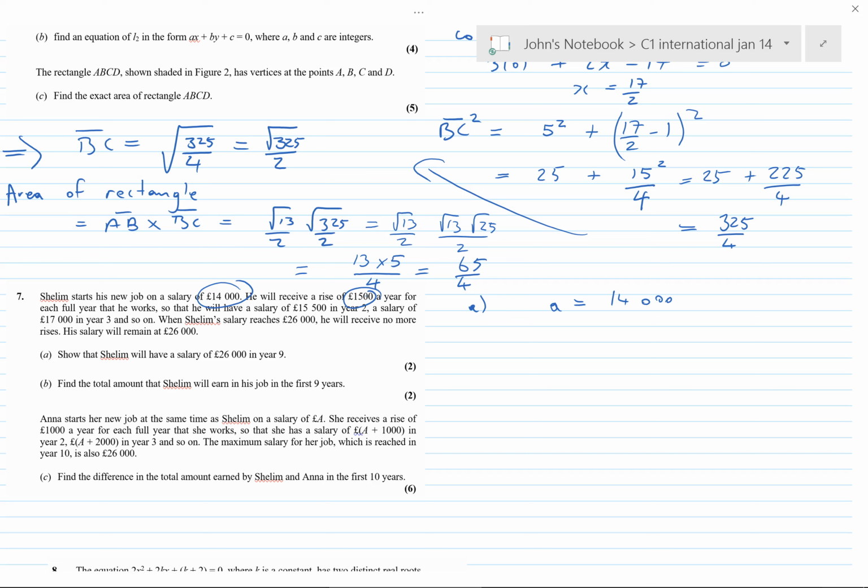When Salim reaches 26,000, he will receive no more rises. His salary will remain at 26,000. So that Salim will have a salary of 26,000 in year 9. We can either work out that when his salary is 26,000, n equals 9, or we can put in n equals 9, and so it's 26,000. I'm going to do that. When n equals 9,